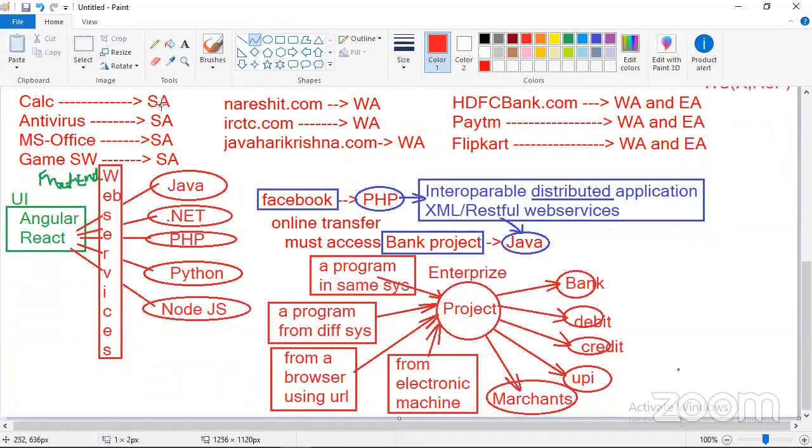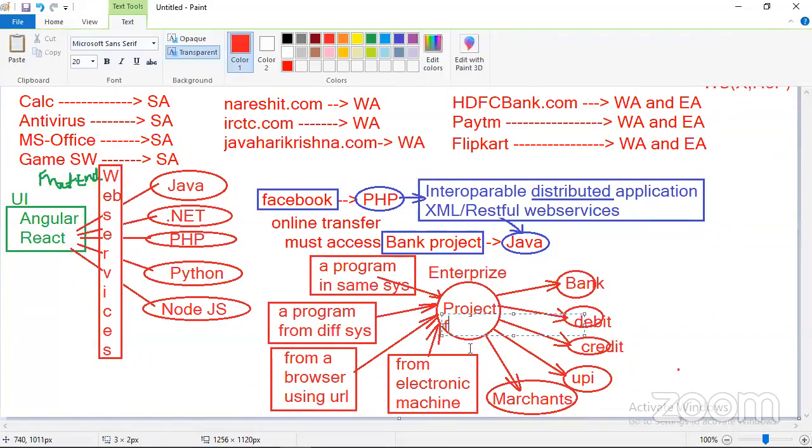Enterprise application. For example, Flipkart. I can say online shopping application, e-commerce. We call them e-commerce.